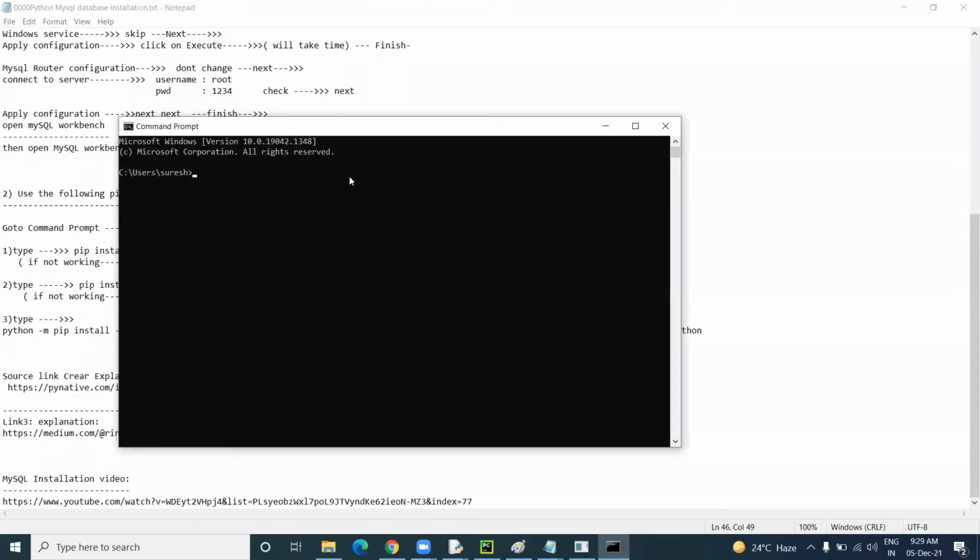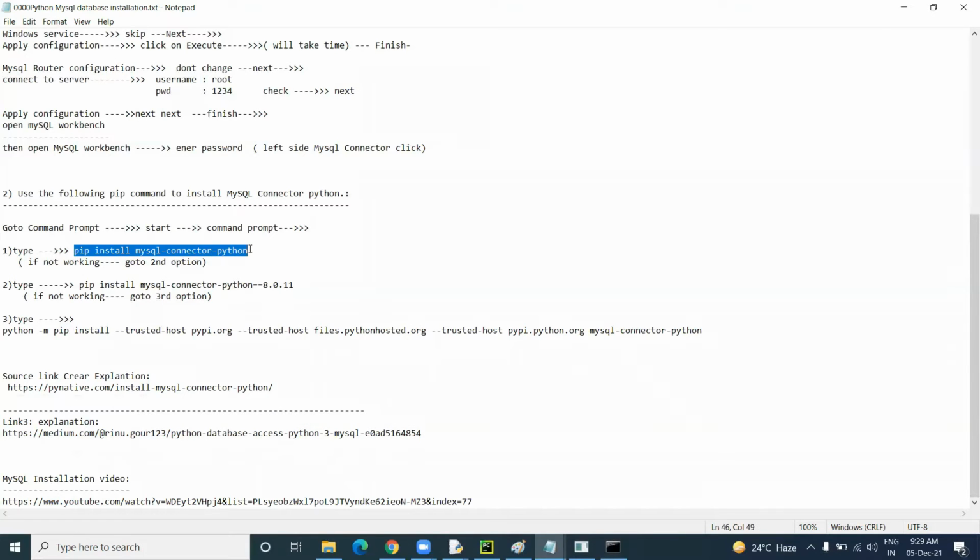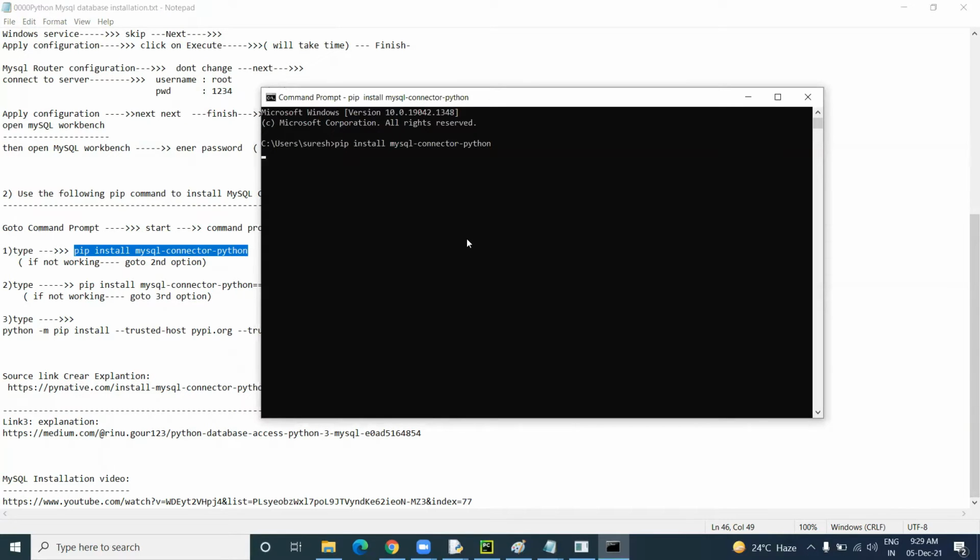So just go to the command prompt. Here you just copy and paste this command. It will take time, and it will execute and install.